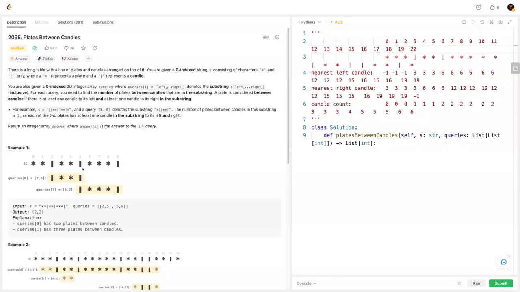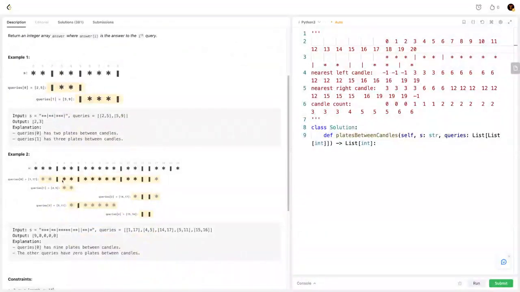And then we're going to be given an array of ranges, and we need to return for each range the total number of plates within two candles. So for example, let's take a look at example 2. This is the input string. And if we have a range like 1 to 17, then the total number of plates within the range that are